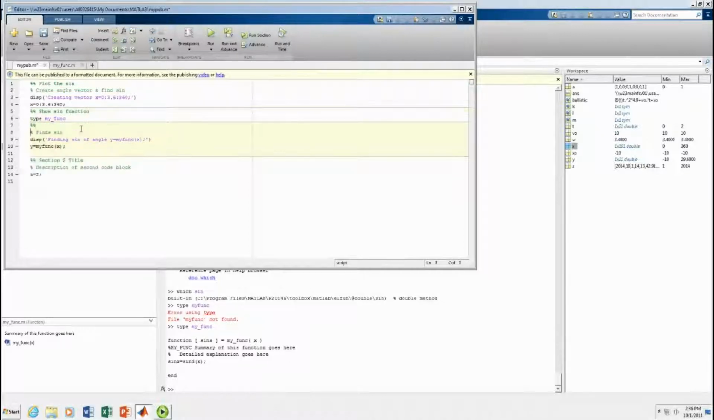Create a new section. And then finally, let's plot it. And we can put, and that's the end. That's it. Okay. Now,